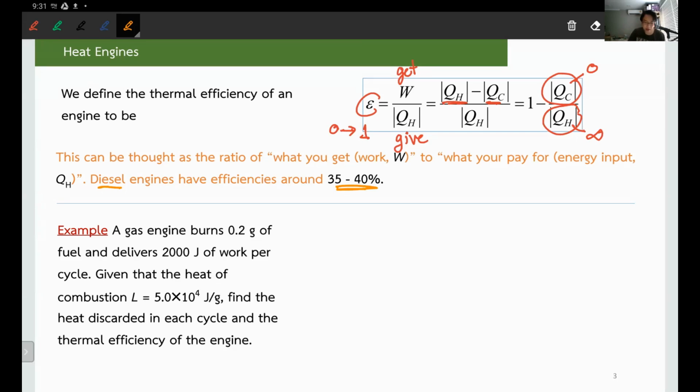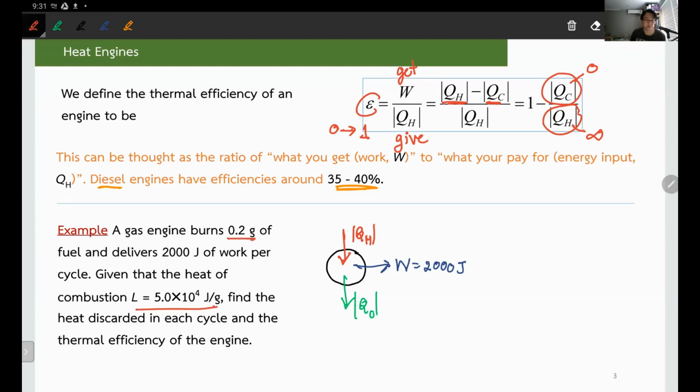So usually I refer to the diagram. I think this is a good one all the time. You have the heat flowing in, Q hot. You have the discarded heat, Q cold. And you want to deliver some useful work. That's the key diagram for the heat engine. Because they already told you that it can deliver 2,000 joule of work, W is 2,000. And now you have to burn 0.2 gram of